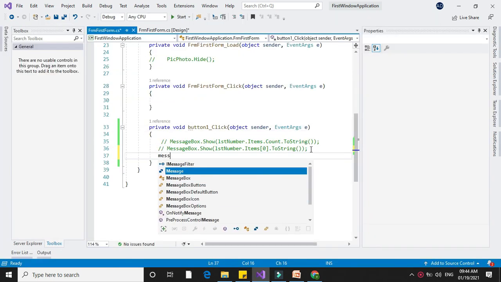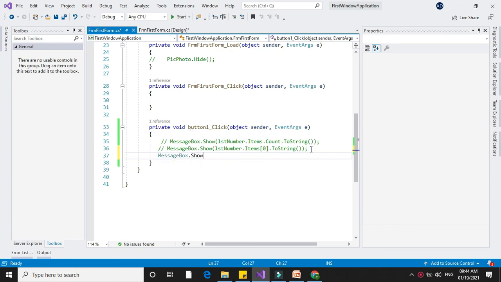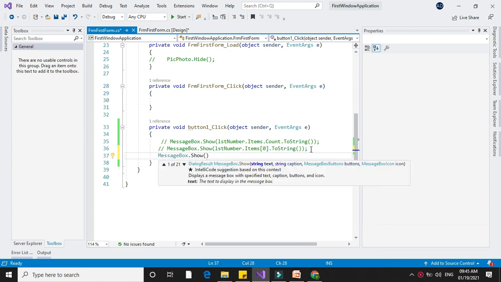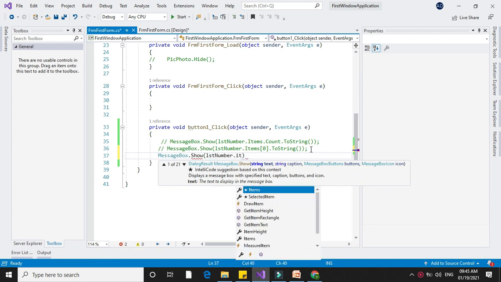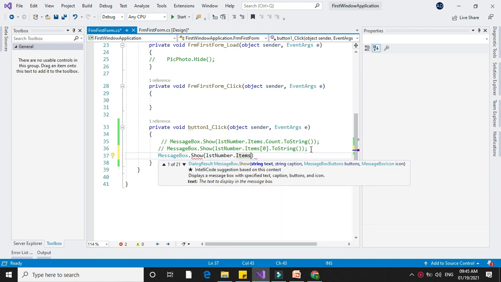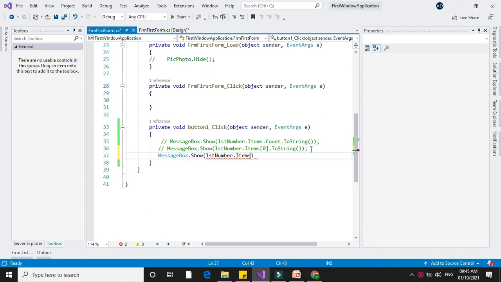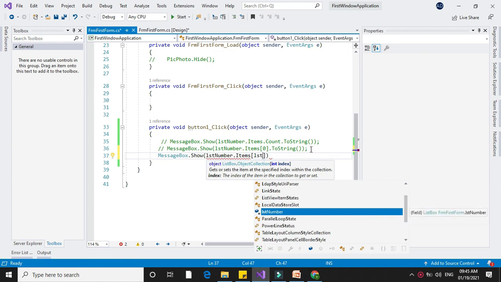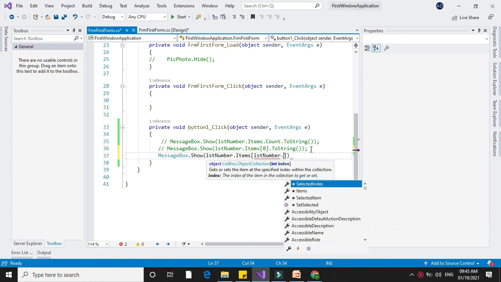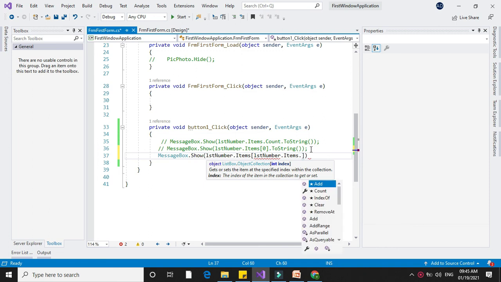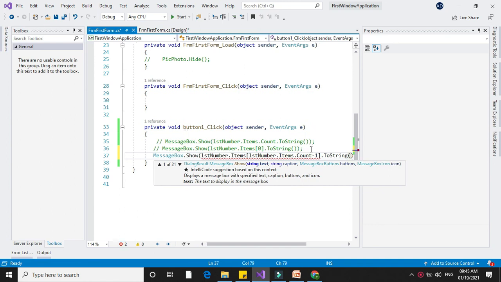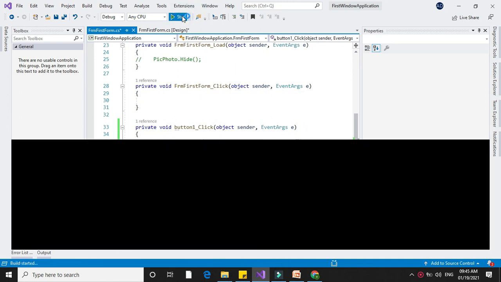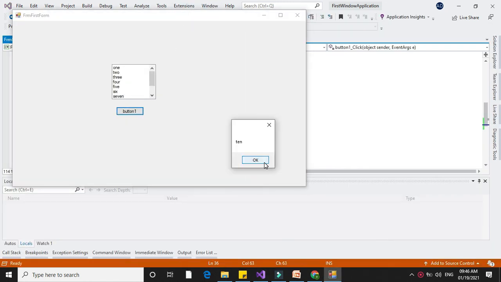Next we will see lstNumber.Items. Here we will display the last item. For this, first we will count the total number of items in the list box, and I will subtract 1 from it. And when I execute it, it will display the last item from the list box.